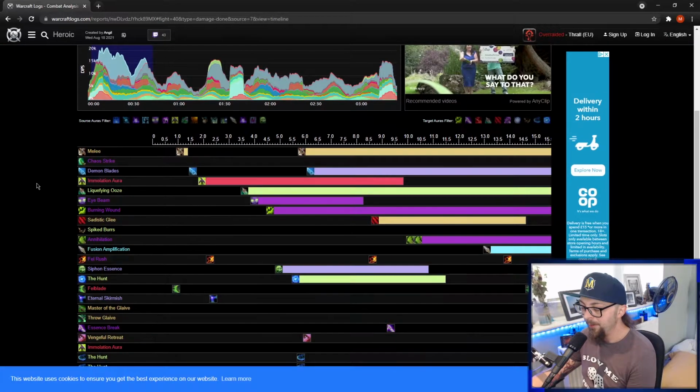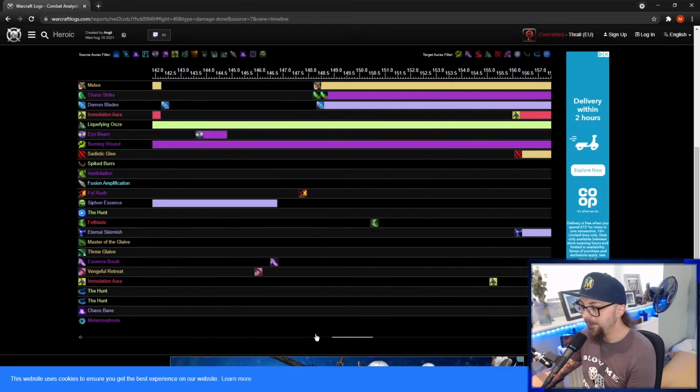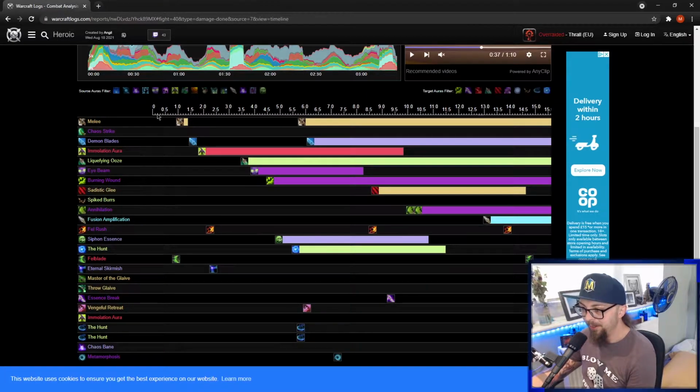Right now we have a breakdown of the whole fight that we can scroll through and basically see what button this person was pressing. Go away, Advent. So now on opener, you can see he'll use Foul Blade, then Immolation Aura, and then he'll Foul Rush,